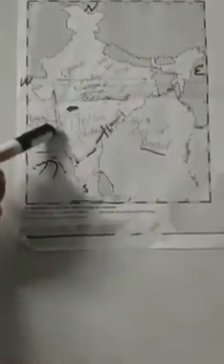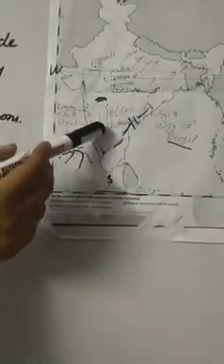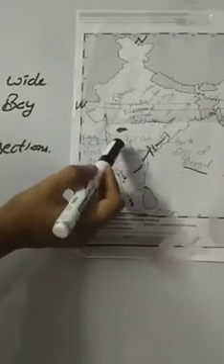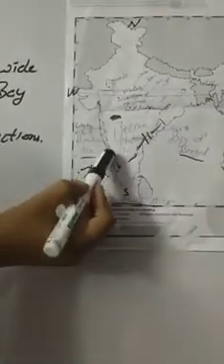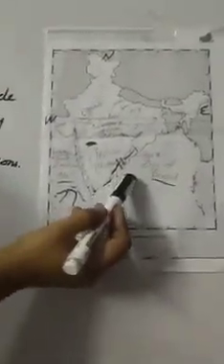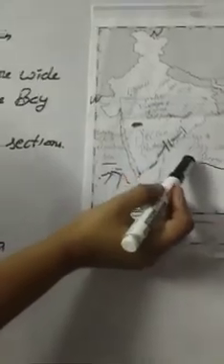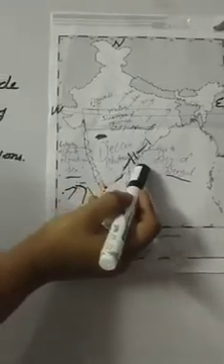The western coastal plain is a narrow plain sandwiched between the Western Ghats and the Arabian Sea. It means the western coastal plain is compressed like a sandwich between the Western Ghats and the Arabian Sea. So the area between them is very small, and it is known as a narrow coastal plain. On the other hand, the eastern coastal plain is wide and level along the Bay of Bengal. It means we have plain areas here where the rivers drain into the Bay of Bengal, and after that they make deltas.